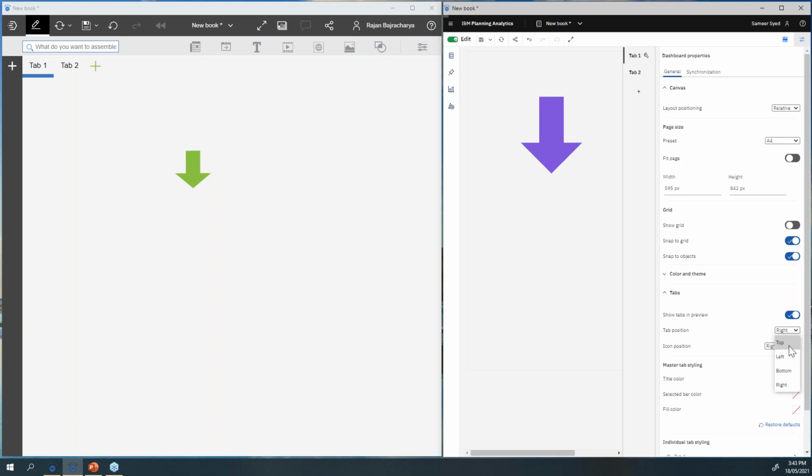So you get the flexibility to move your tabs to any of the 4 positions. And there is an icon position as well. Where do you want to keep your icon? Right now it is sitting on the right side of the tab title, but if I want to make it below or left, I can do that as well. So I can move the tab icons either left, right, top, or bottom.